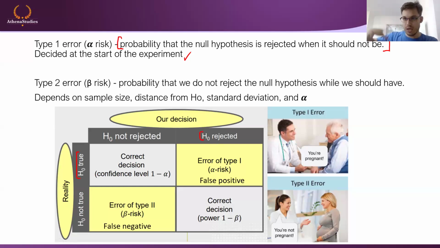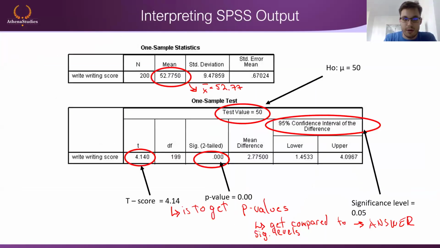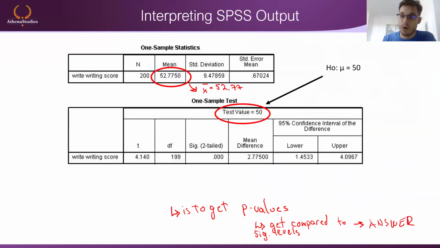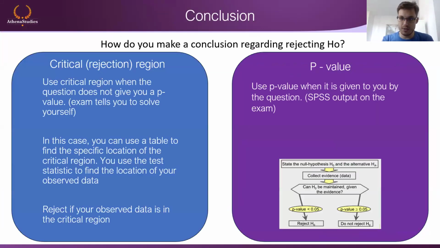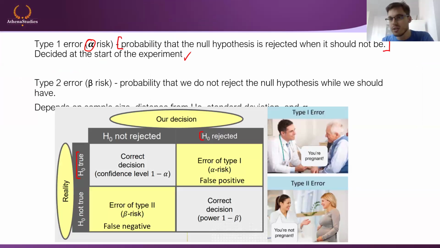But in real life, they're equally bad, both of them. But never mind for now. What we need to know is that type 1 errors are literally just the significance level. If anyone was keen, they would have noticed that the symbol we use for type 1 errors is the same symbol. If we go back 30 minutes to the significance level slide, we write them down as the same symbol. It's not a coincidence that they're both written as alpha. So alpha: type 1 error, or significance level.